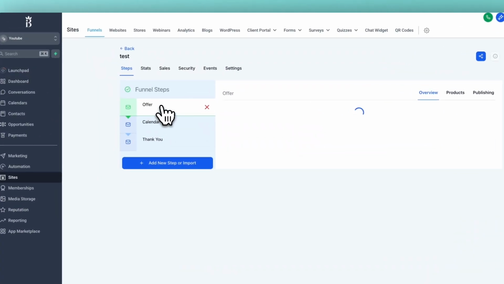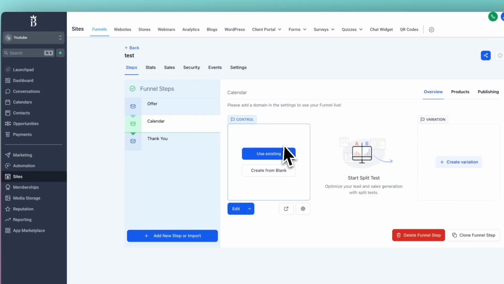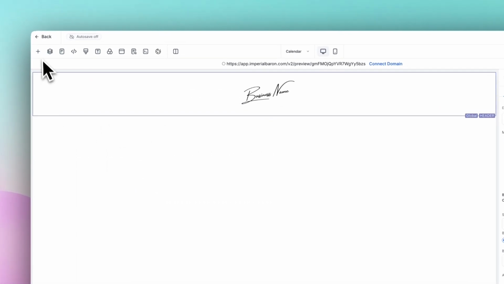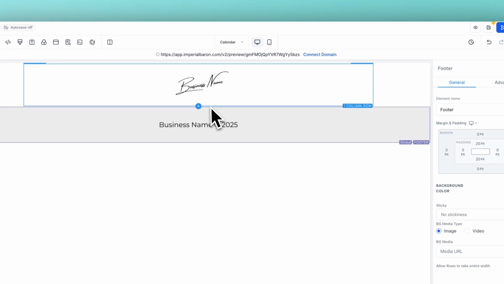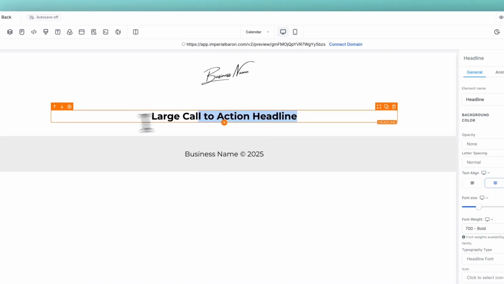So on the offer page, people see who you are, what you do, what are the benefits of your offer. They click on sign up for that offer, then they will get the pop-up, they will register with your form, then they will be redirected to the calendar page, where here, let's say we create a page from blank, we add the header just like this, and we also add the footer just like this, and in between these we add another section which contains one column, a headline, and let's say something like this: thank you for submitting your